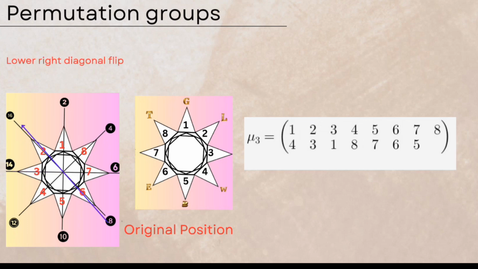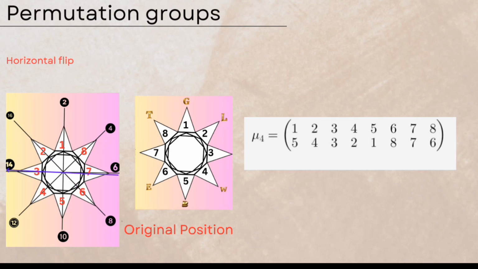Then for our lower right diagonal flip, we have mu sub 3: 1 to 4, 2 to 3, 3 to 1, 4 to 8, 5 to 7, 6 to 6, 7 to 5, and 8 to 2. Then for our horizontal flip, we have mu sub 4: 1 to 5, 2 to 4, 3 to 3, 4 to 2, 5 to 1, 6 to 8, 7 to 7, and